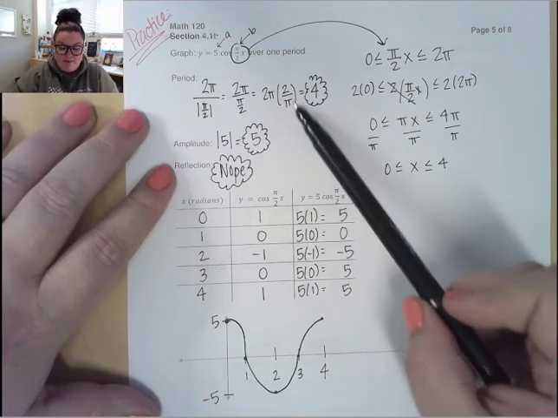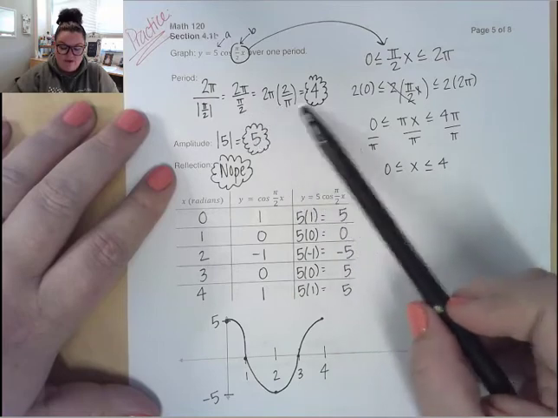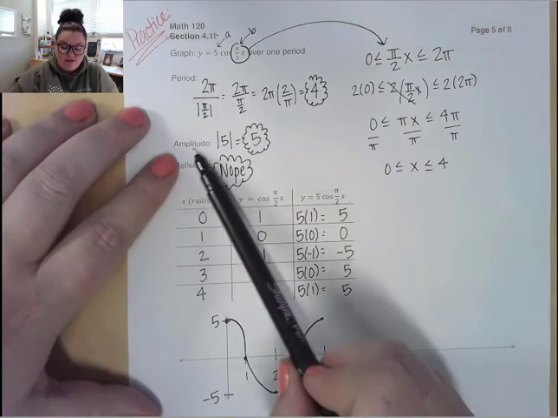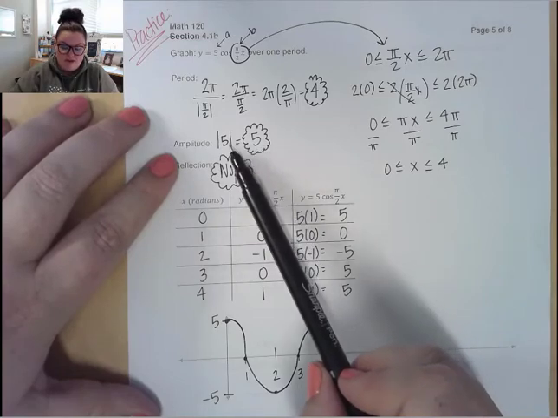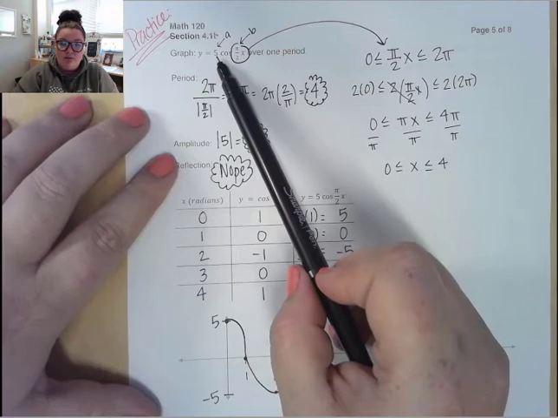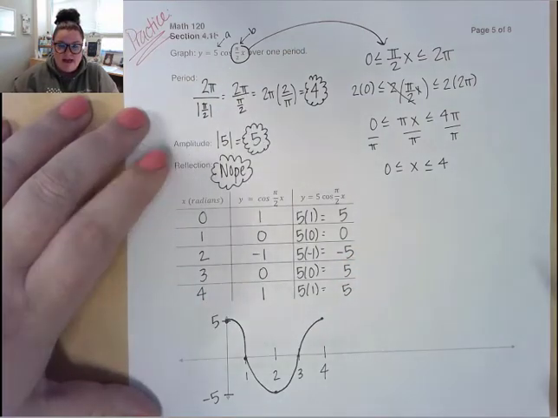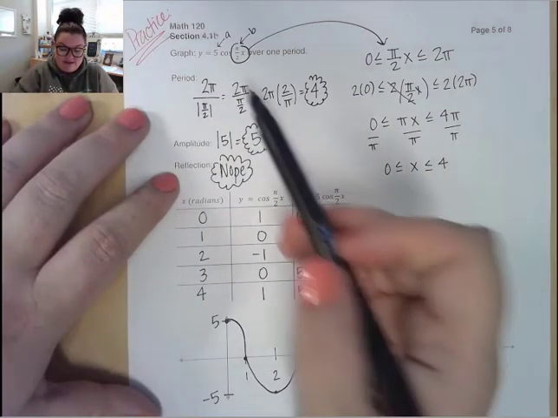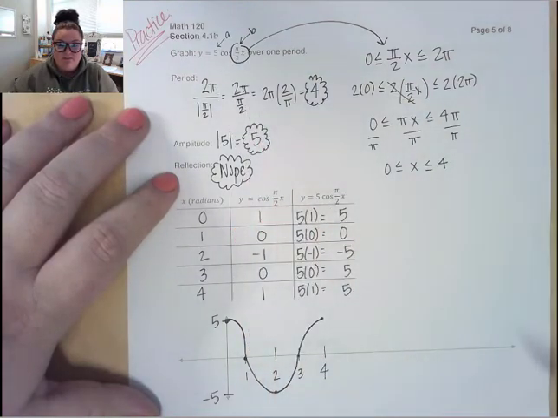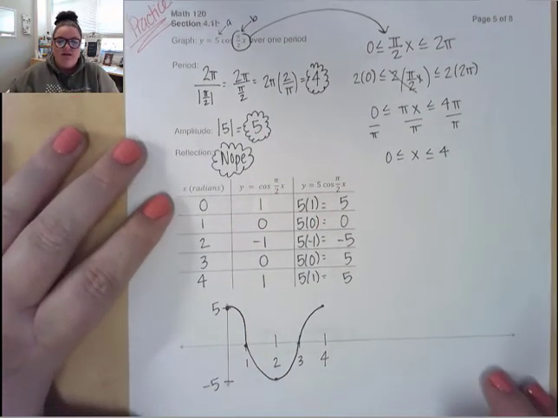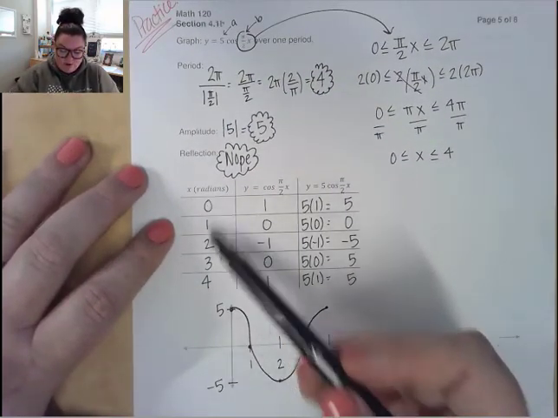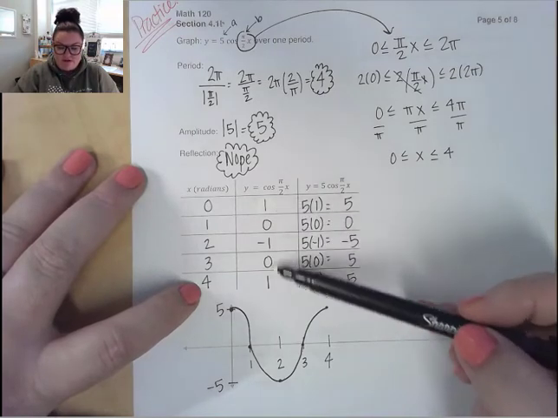And then if I flip and multiply by the reciprocal, then I do in fact get 4. Okay. My amplitude should be 5, because remember, we just take the absolute value of whatever that a value is being multiplied in the front of the function. And here I don't have a reflection because I don't see a negative on the inside or outside of my function. Okay. All right. So now that I know I'm going from 0 to 4,